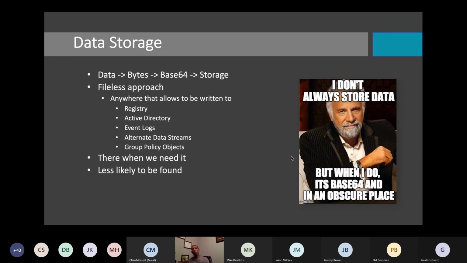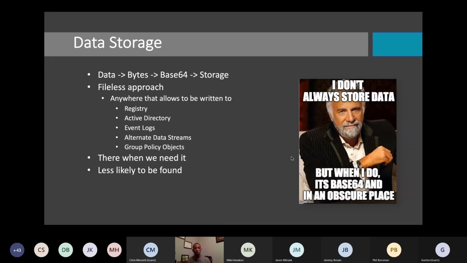Active Directory, and that's kind of one of the examples we'll show as well. We could put it in event logs, where we're writing to the event log, and then we go read that event log and then take the data from it and actually convert it and then run it. The bad thing about the event log is we stand the chance of it aging out or rolling out. So we may want to look to use one that doesn't necessarily get data. So our stuff has a good chance of staying there